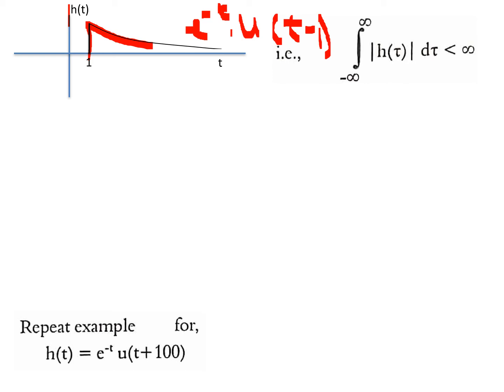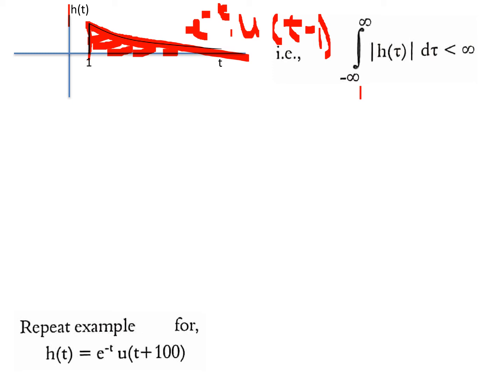So what can you tell about this system looking at the graph? Is it absolutely integrable? It is, because what is the area under this graph? Integration means finding area, no? If you integrate the graph from 1 to infinity, because this graph starts at 1, this limit is going to change now. So it becomes 1 to infinity. Total area is finite. This graph falls, no? If the graph increases, then area is infinite. This graph, actually signal value falls. Therefore, total area bounded is finite. That means this system must be stable.